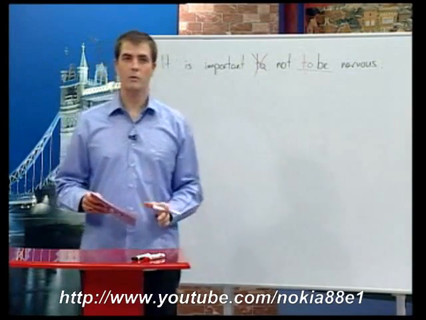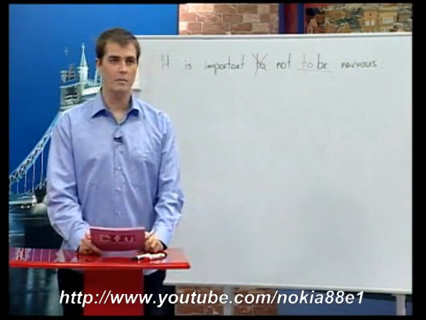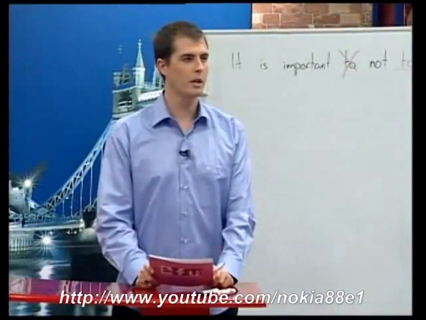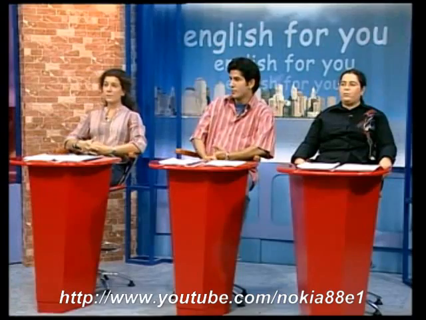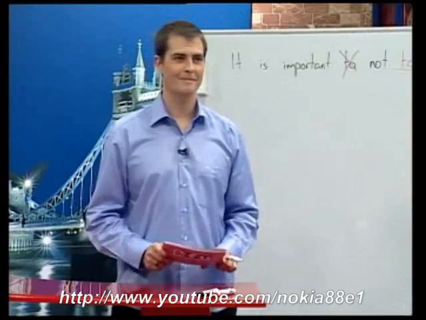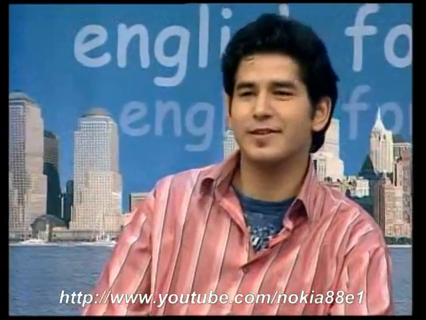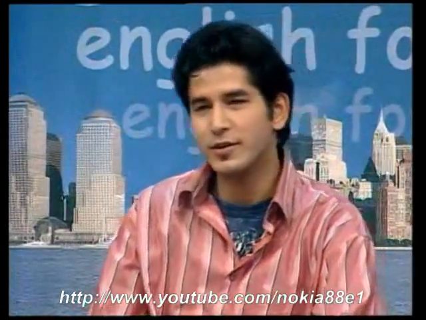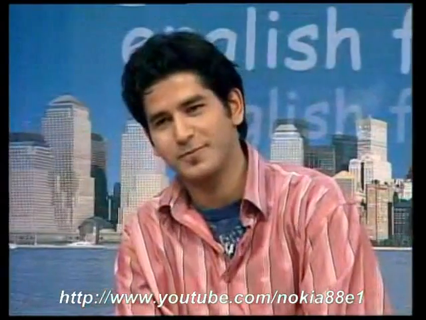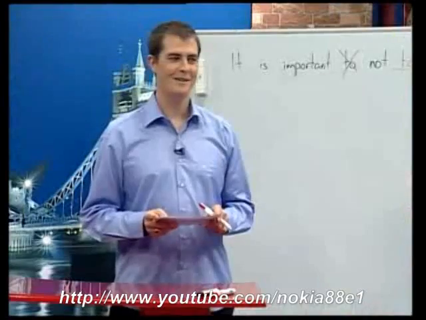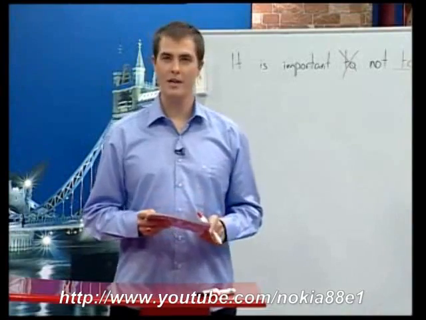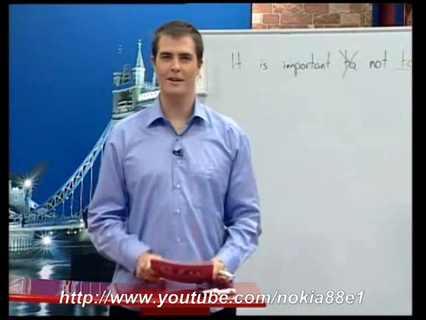Let's practice this. Rosa, what is important for you at the amusement park? It is important not to forget to buy the tickets before you go. They are cheaper that way. Good. And what about you, Monica? It's difficult not to be frightened on the roller coaster. You're right. Lewis, what do you think? It's difficult not to be romantic on the merry-go-round. My girlfriend got angry when I tried to kiss her. No, you're a Casanova, Lewis. Thank you, everyone. So now I want to remind you not to forget to look and listen.